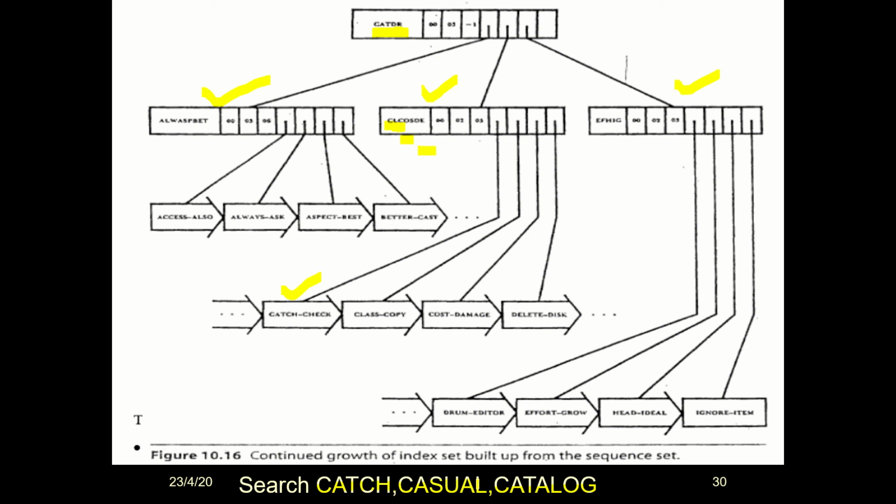The next one is casual. For searching casual, again I go for the parent. It is CAT. It is greater than CAT. So no need of the first one. We go again for CAT. Casual is CAS, which is less than CAT. So we have to go for the first block, that is block number 1. There again I go for greater than BET because it is CAS. So again I go for the last node CAS. So here is what I find, the casual record.